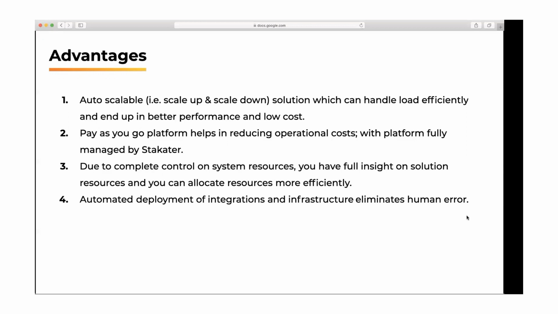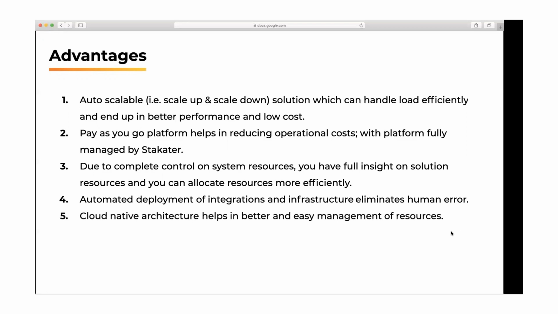Then they also have automated deployment of the integrations. Now they are using built-in Jenkins within OpenShift to build and deploy the integrations, which I would say eliminates human errors. And above all, it's a cloud-native architecture. So we're using all the best practices, using Fuse in Spring Boot applications to build the new integrations, and then deploying them via pipelines within OpenShift, taking care of all the new features with cloud-native architecture.